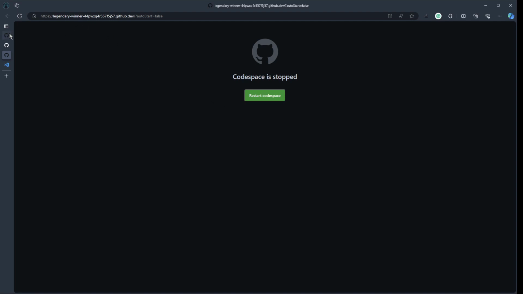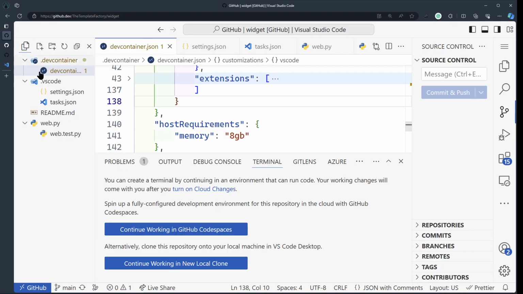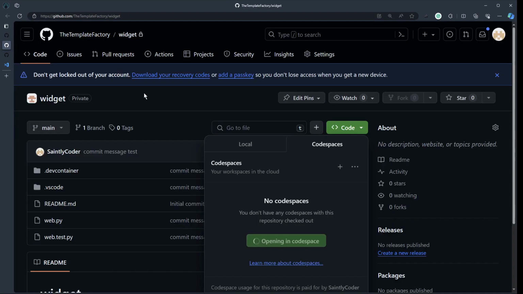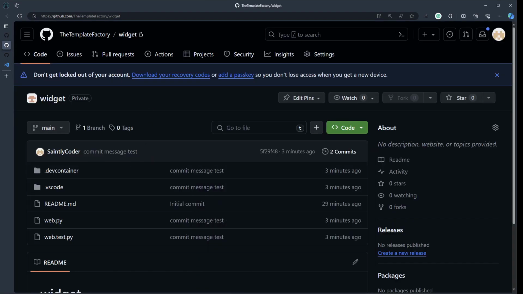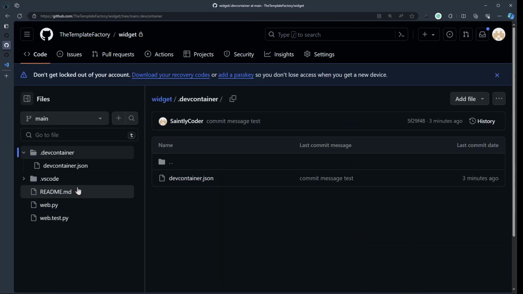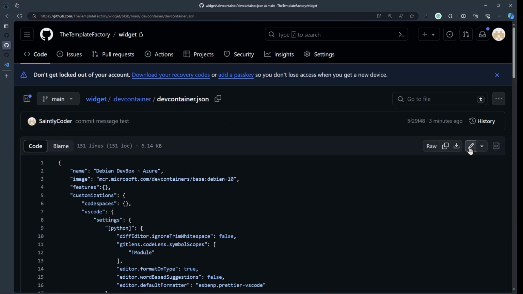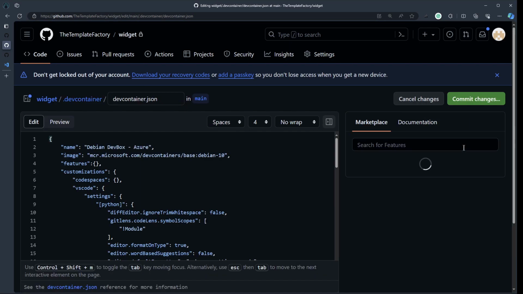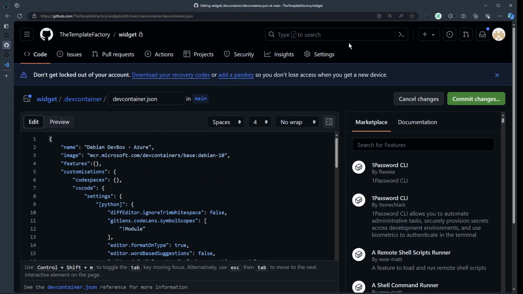Now, if we go back to our repo here, if we click on our dev container, and then we click on this again, and then go to the edit, what you'll see on the right-hand side is a whole group